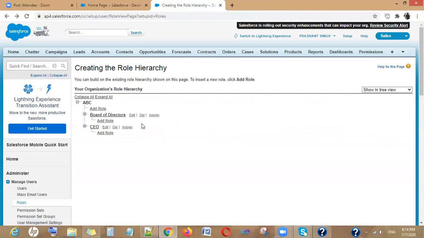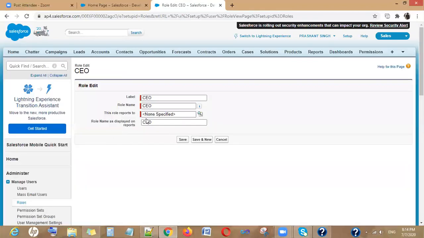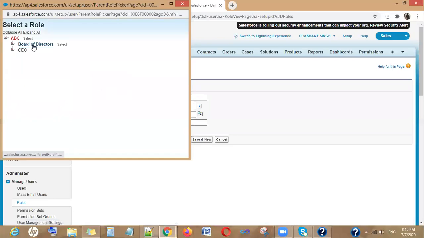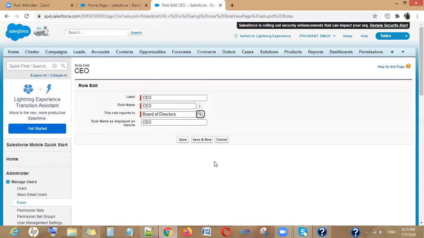Now, if you want to edit the name, for example, if your company does not have a CEO, you can call that particular designation with some other name. So you have the option of changing the role in your organization, to whom you want to report. So let's say the CEO should report to the board of directors.